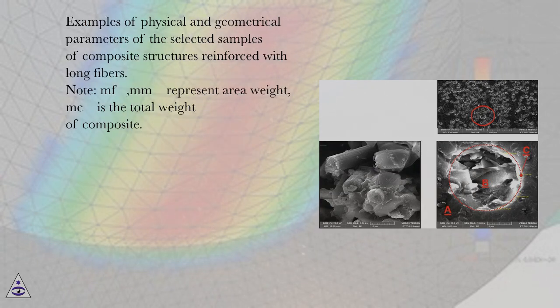Examples of physical and geometrical parameters of the selected samples of composite structures reinforced with long fibers. Note, mf* represent area weight, mc* is the total weight of composite,